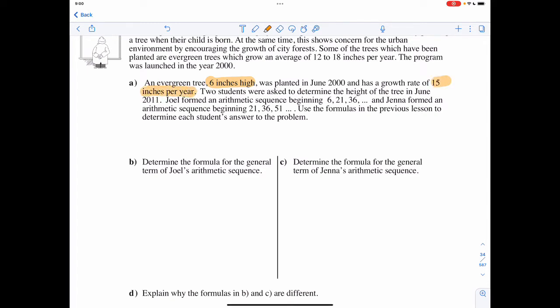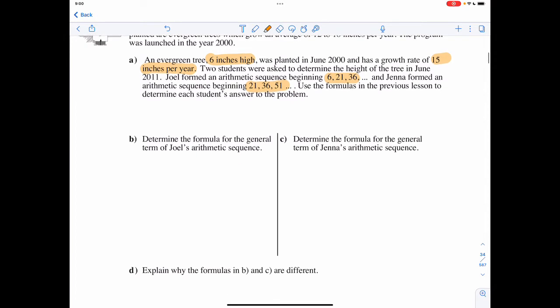Two students were asked to determine the height of the tree in June 2011. Joel formed an arithmetic sequence going 6 to 21 to 36 and so on and so forth. Jenna formed an arithmetic sequence beginning at 21 and then going to 36 and 51. If we use the formulas in the previous lesson to determine the students' answers to the problem, then based on